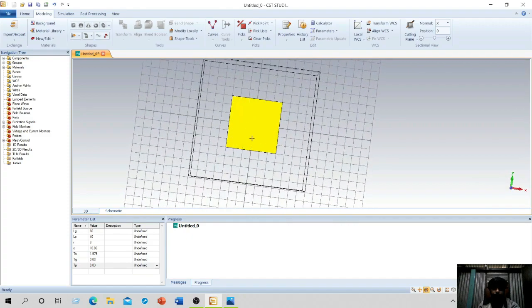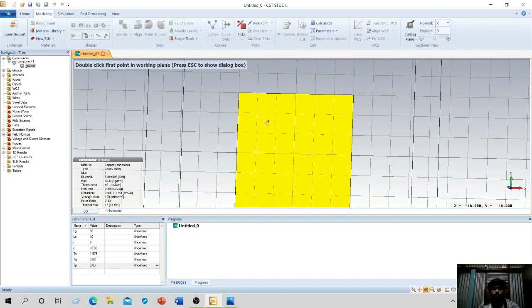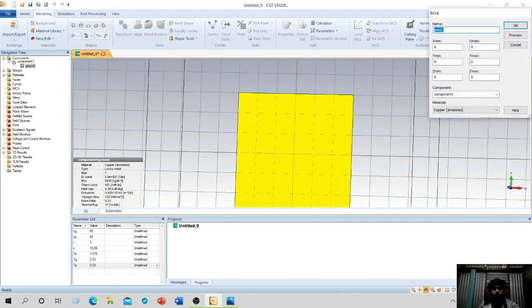Now we will work on the substrate part. For designing the substrate, we click on the brick and then select the pick button again, and a box will pop up. We will give the name as substrate, and the x minimum will be minus LG by 2, and x maximum will be positive LG by 2,